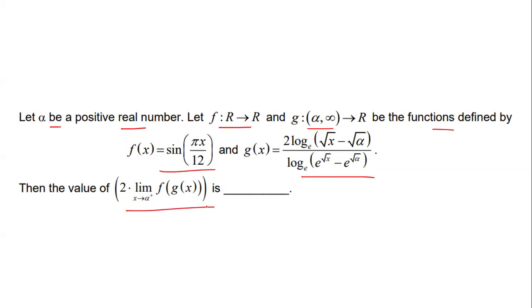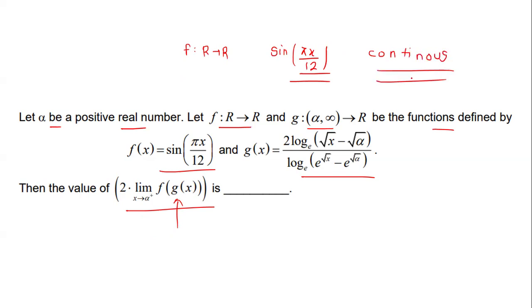So let's see how we can do this. First of all, we can clearly see that to find the value of this thing, we need this limit. So we have to evaluate this limit. And if you see the function f, it is from R to R and it is defined as sine of pi x by 12. So you know this sine function is continuous. And for a continuous function, there is a property like this: limit x tending to alpha plus f of g of x